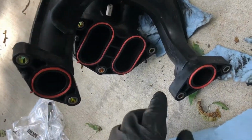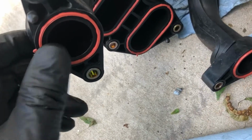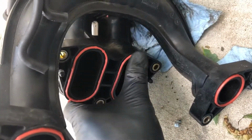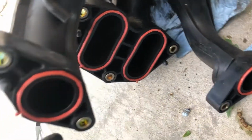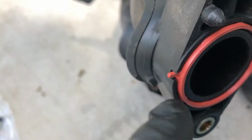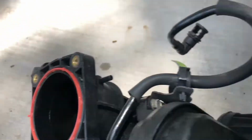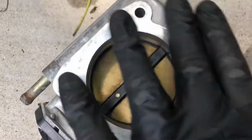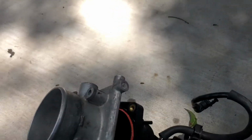Pretty much almost got this completed. Went ahead and installed all these gaskets. Each one has a home. And again, make sure your little nipples are facing out the little slots, like so right there. One right here, that's for the oil area. And then you have your throttle body. Again, on your throttle body, make sure surface is clean. While it's out, clean it with carburetor cleaner. We're gonna go ahead and remount this